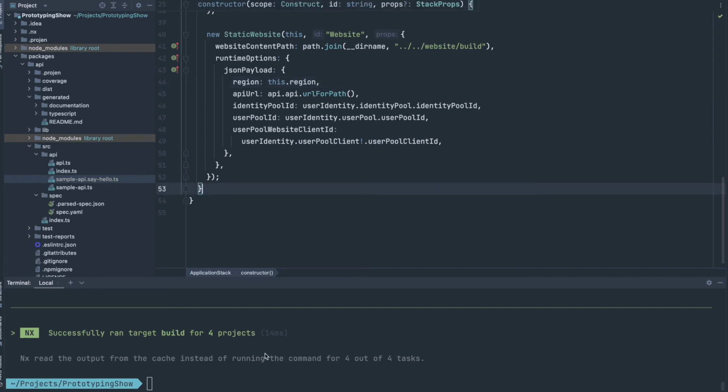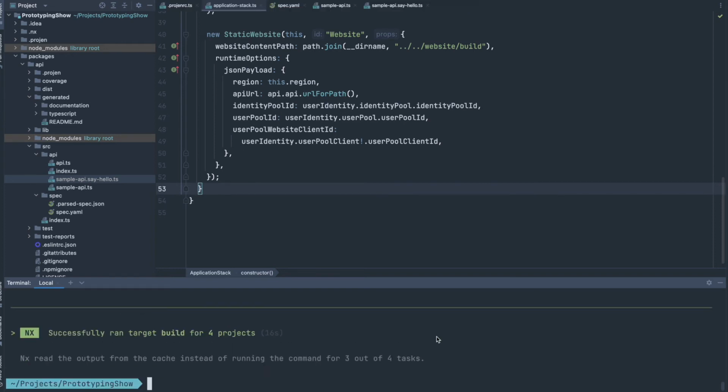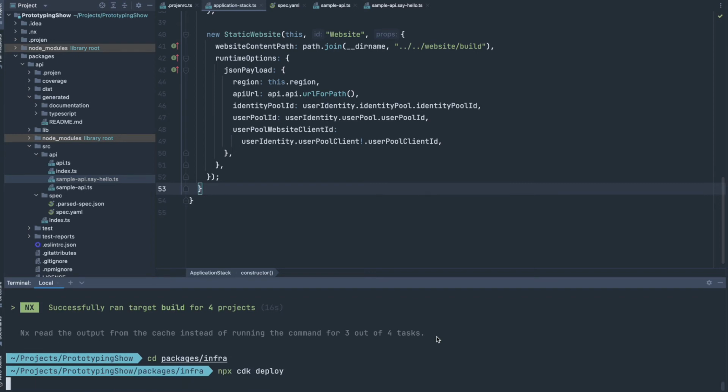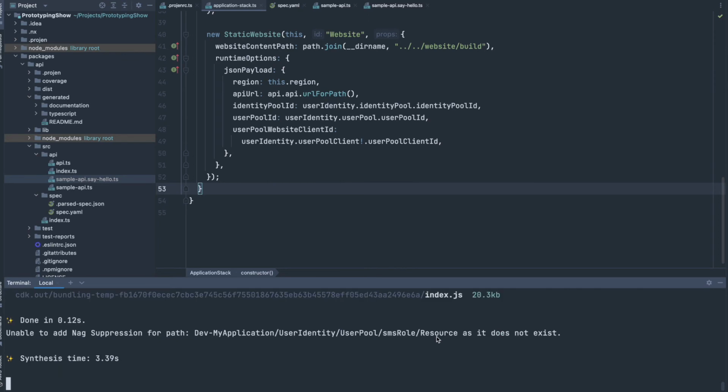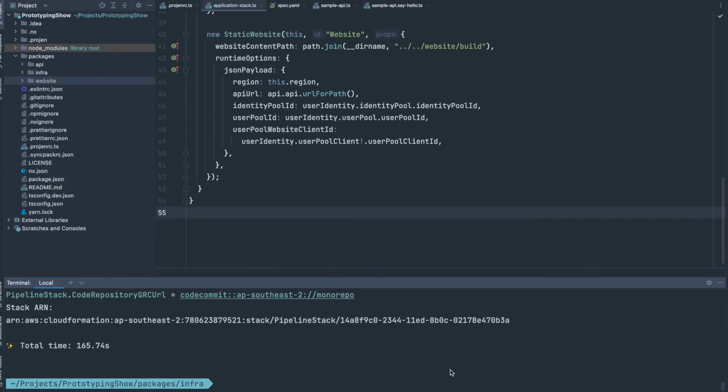Okay, and we're done, so we can build this and then deploy it. Okay, so now that it's built, we'll deploy the pipeline. Okay, so our pipeline has deployed, and now we can mount our Git repository to the CodeCommit repo and